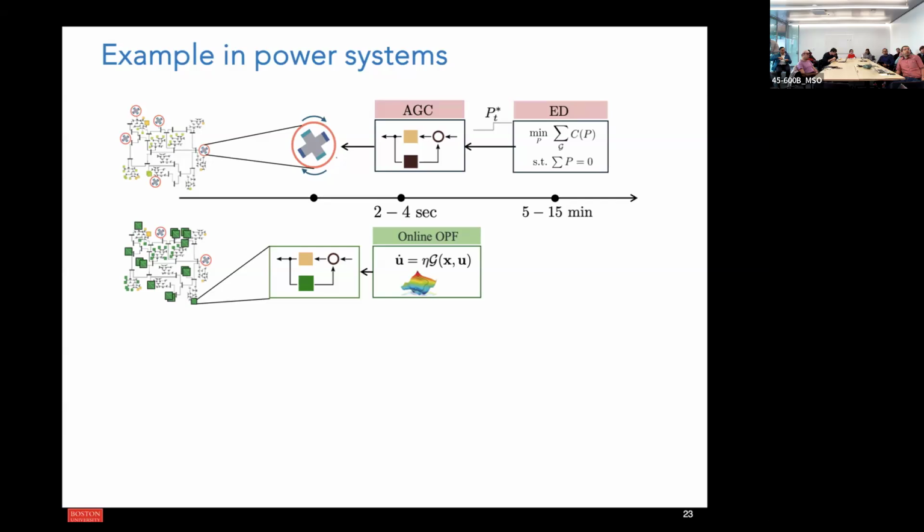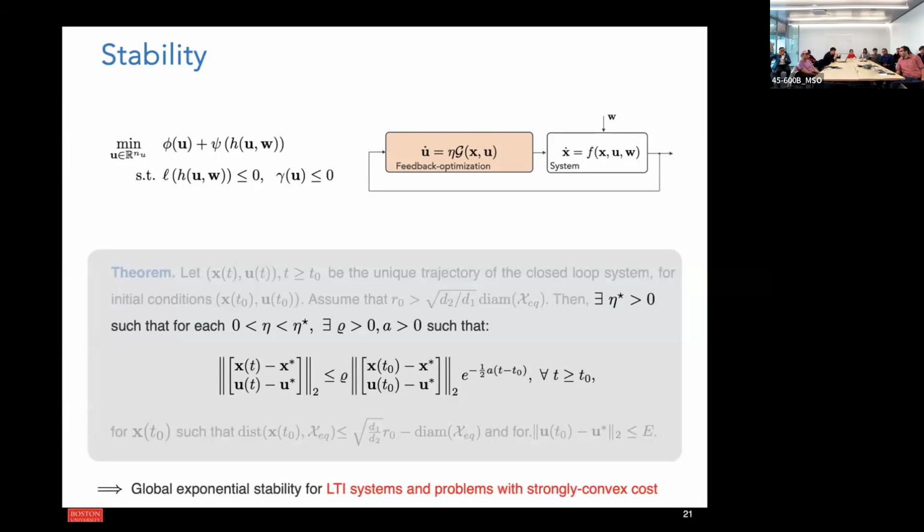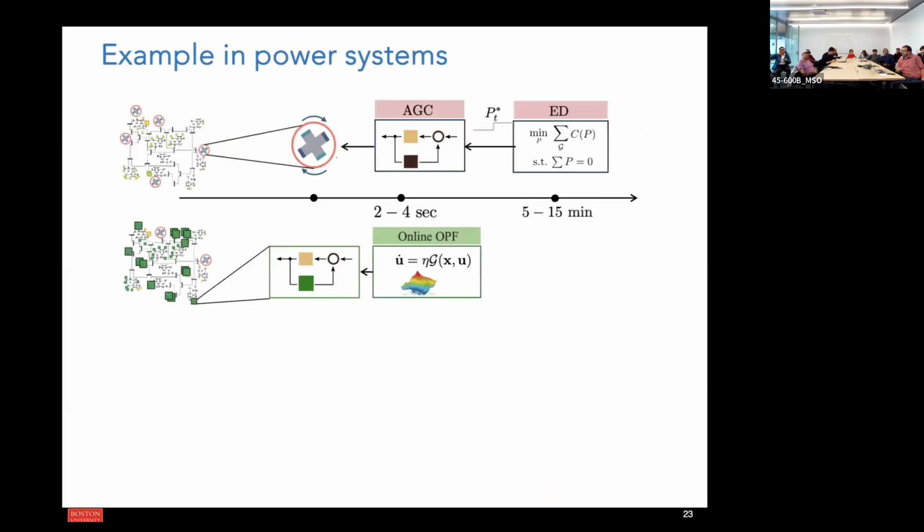Just one very quick technical question. Can you do local equilibrium, or do you have to have a unique equilibrium in the area where you are claiming the results? This is just a local result. For nonlinear systems, you have multiple equilibria. Yes, correct. But for example, if you consider an LTI system and a case where the associated optimization problem is convex, then this is actually global. Okay, very interesting.